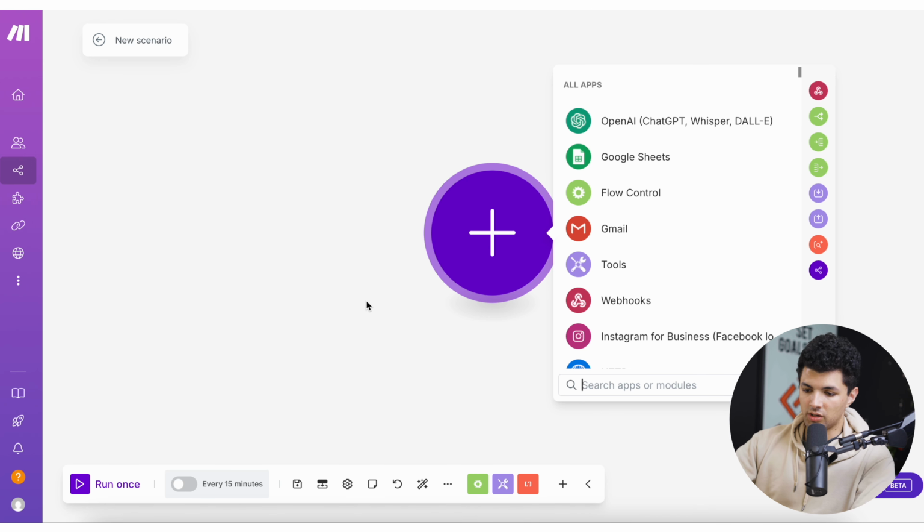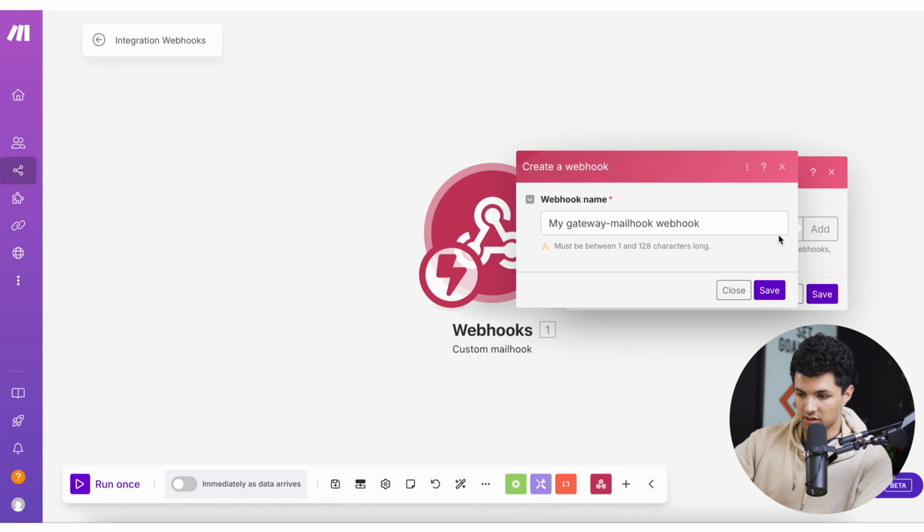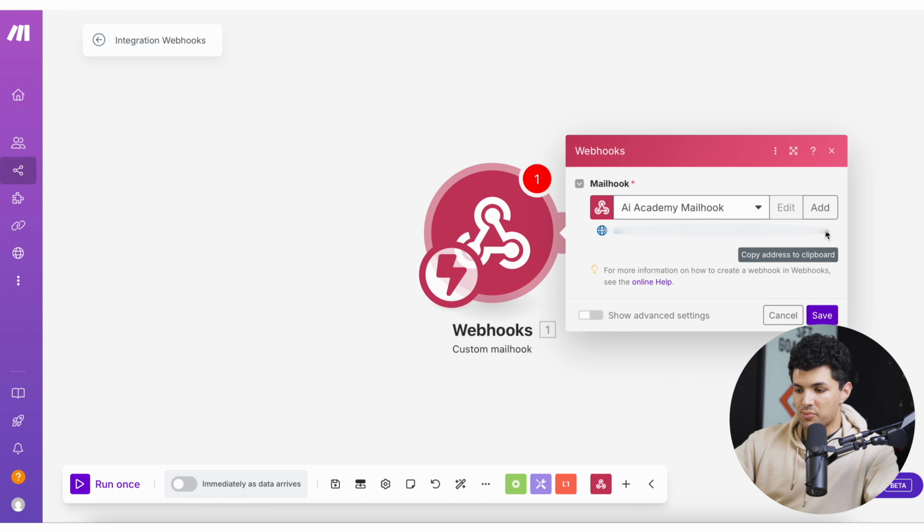So the first thing we want to do is be able to get the email into this scenario automatically. So how we do that is open up webhooks, custom Mailhook, and then we'll add a new Mailhook, AI Academy Mailhook. After we press save, we'll be given a link. What we want to do is copy the link to our clipboard. What you want to do now in order to get the emails into the make scenario is open up the Gmail